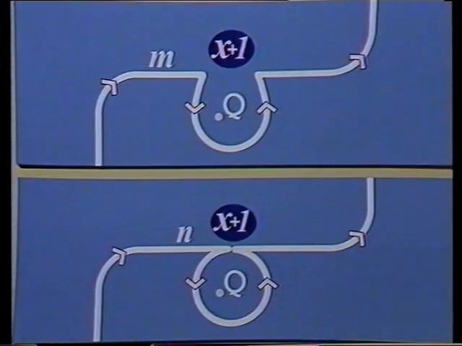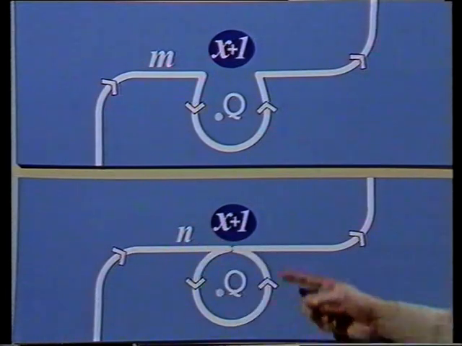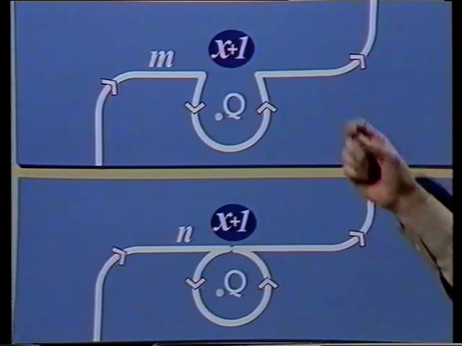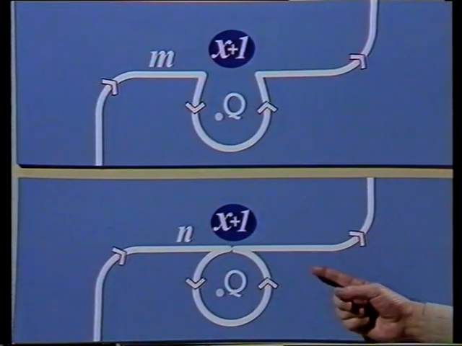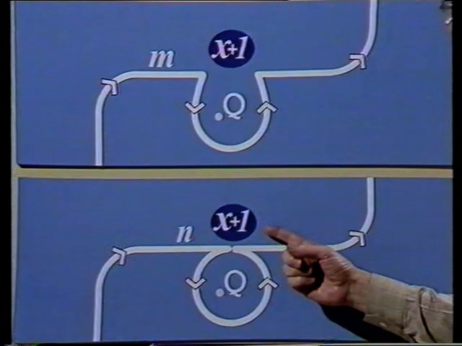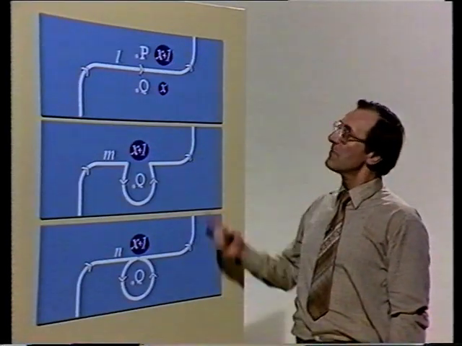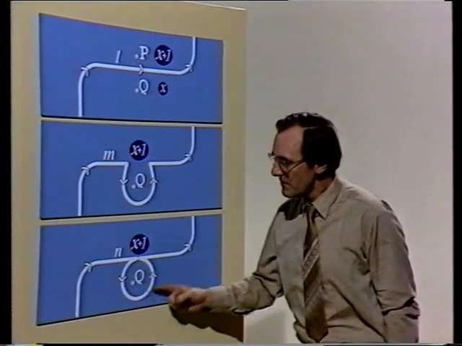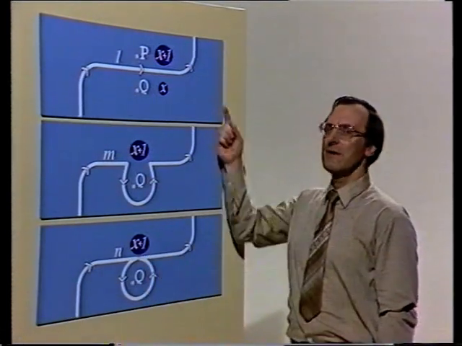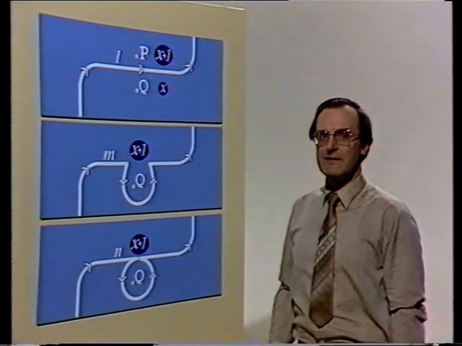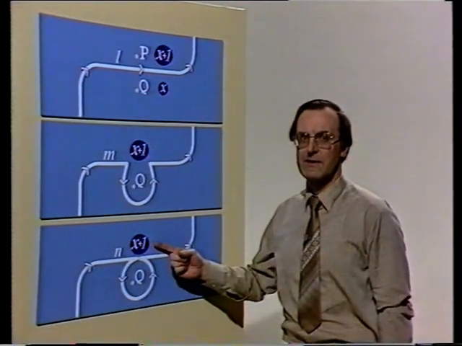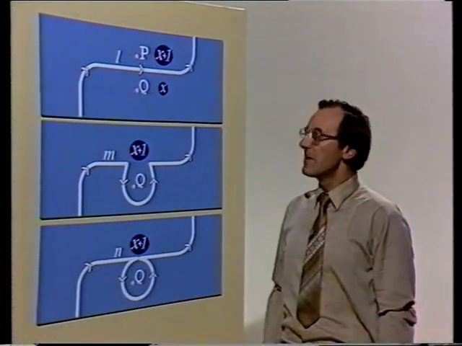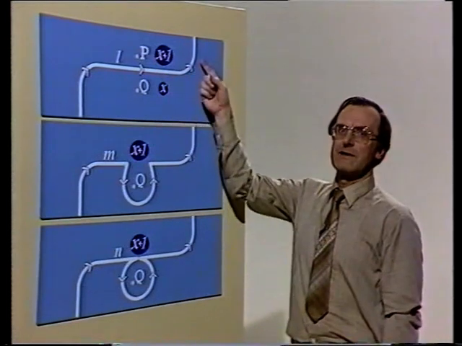The winding number of this new loop N is the same as that of N because they're homotopic. So we just need to prove that this new loop has winding number x plus 1. Well, compare N with L. They're identical, except that N makes one more positive circuit round Q than L does. So N certainly has winding number x plus 1. And that does it. We've proved that if you cross a loop traced once from left to right, the winding